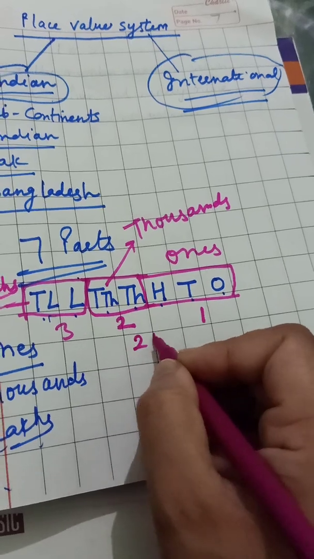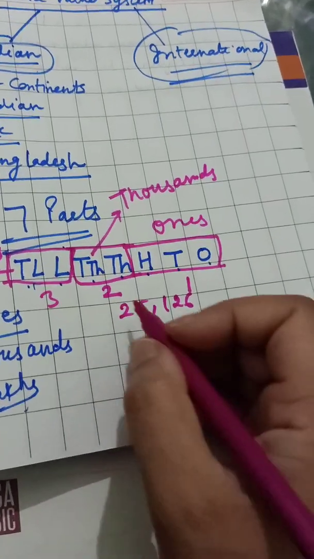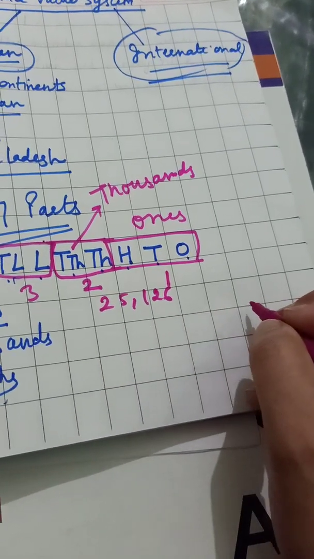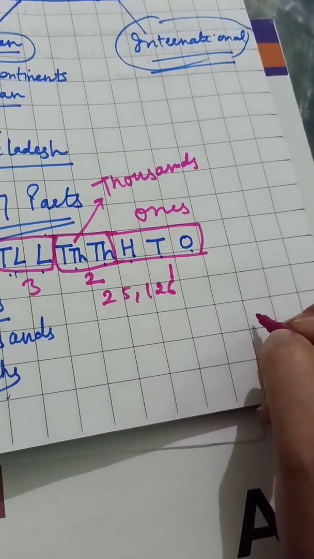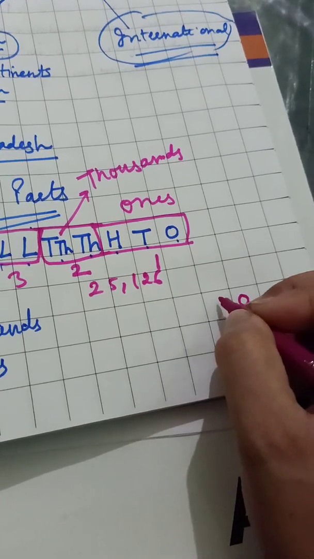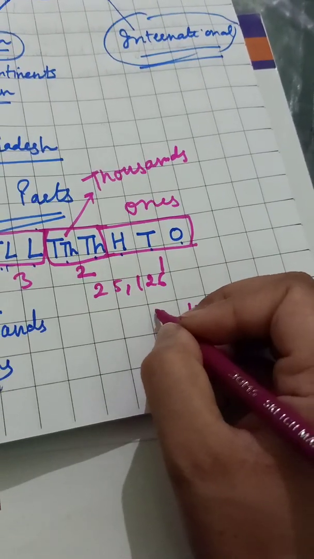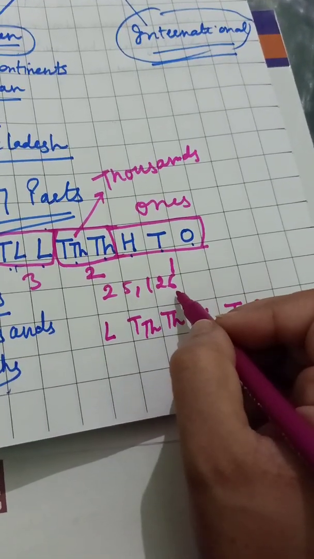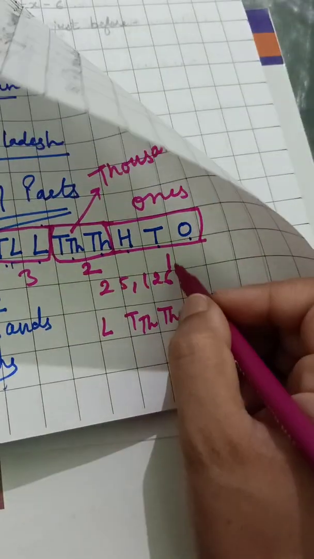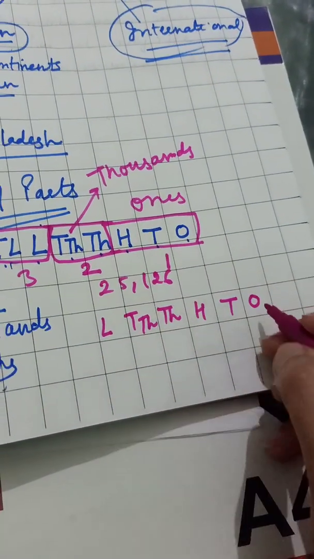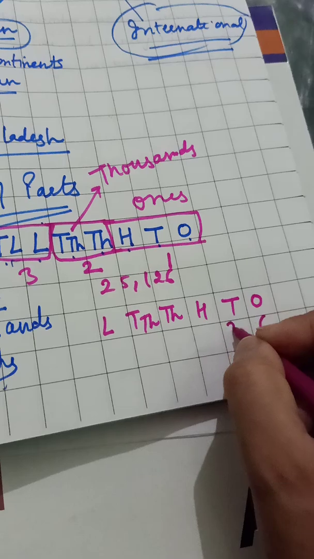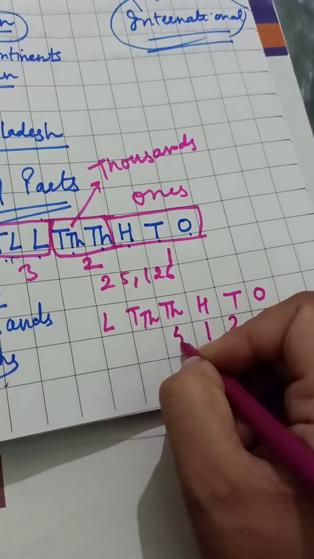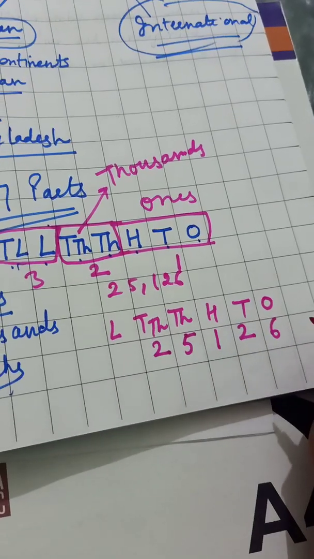Now if I want to write a particular number in the Indian place value system, suppose the number is this. As you know, in the Indian place value system there are 7 places: ones, tens, hundreds, 1000, 10,000 and lakhs. Always start putting the place values from the right side digit first. The first digit 6 is on ones, then 2 is on tens, 1 is on 100, 5 is on thousands place, and 2 is on 10,000 place.